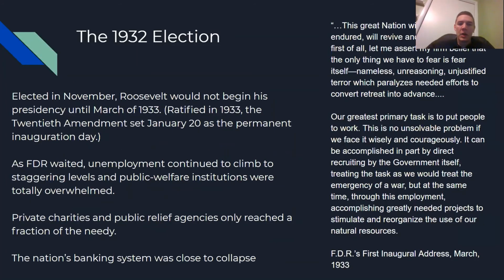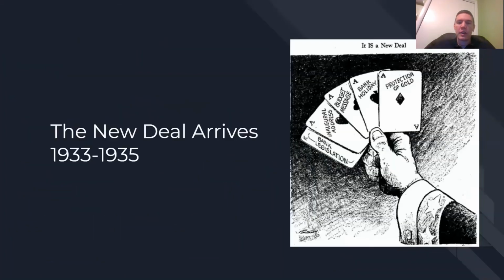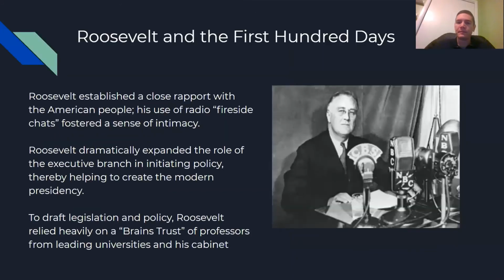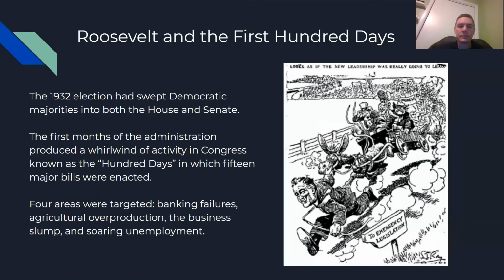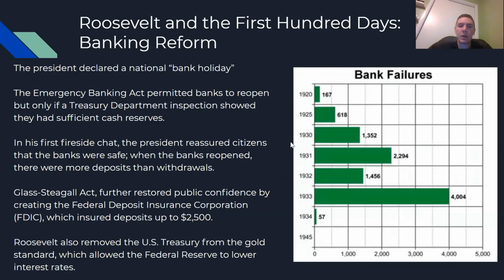Roosevelt. So Roosevelt is coming into the White House in 1933, and he's going to bring in the New Deal. To try to tell people about what his policy is, he's going to use the radio to do fireside chats. And in the first 100 days, he's going to get a lot of bills passed to make a lot of changes. So he does things like a bank holiday, where banks close, so he can talk to the people about what's going on with banks and why they should not take out their money in bank runs.